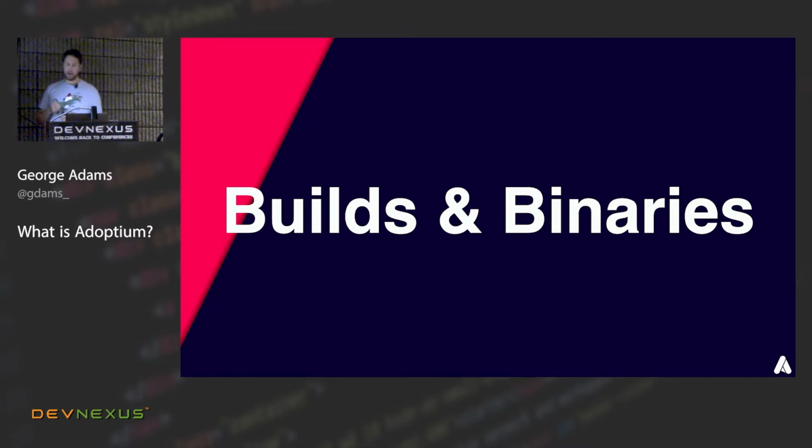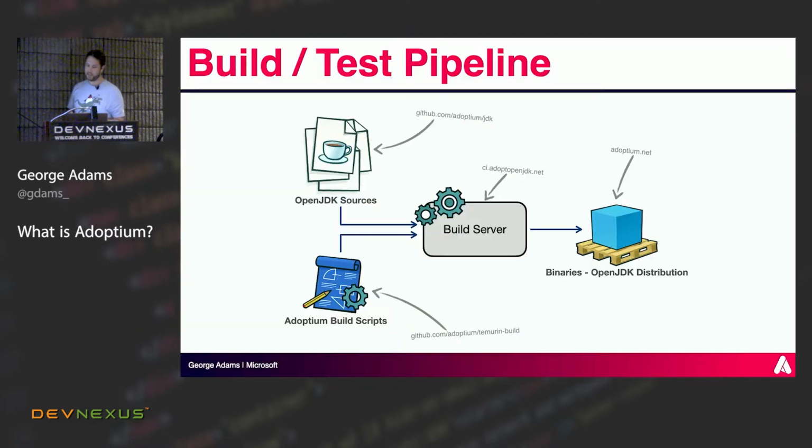If we look at the binaries and builds section, the one area I briefly wanted to touch on is that we have a Jenkins CI that builds everything. I must admit, normally it's not all that green, so that's a slightly deceitful picture, but this is how it's meant to look when we're doing well. The idea here is we have our OpenJDK source code, which comes down from the reference implementation project. We also have a whole set of build scripts, which we keep in GitHub. We push that into the build server, in our case Jenkins.